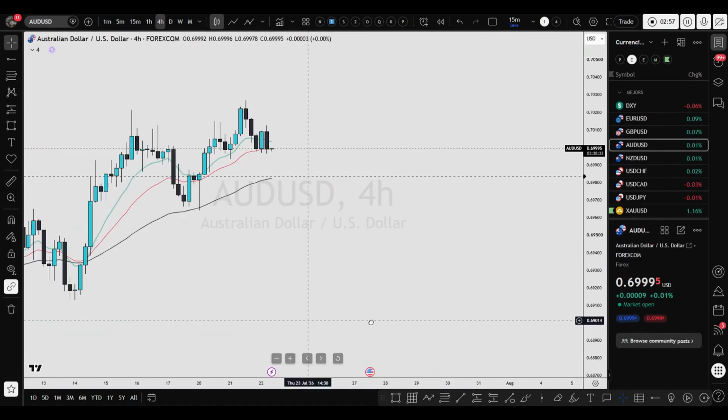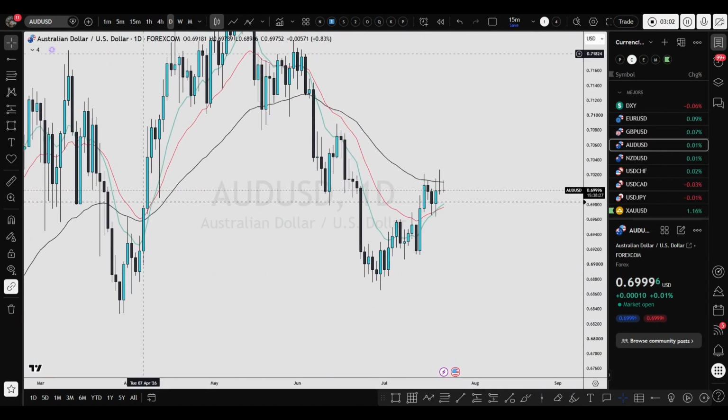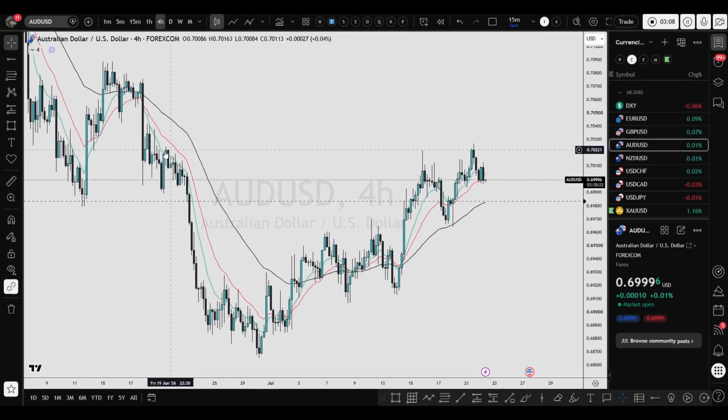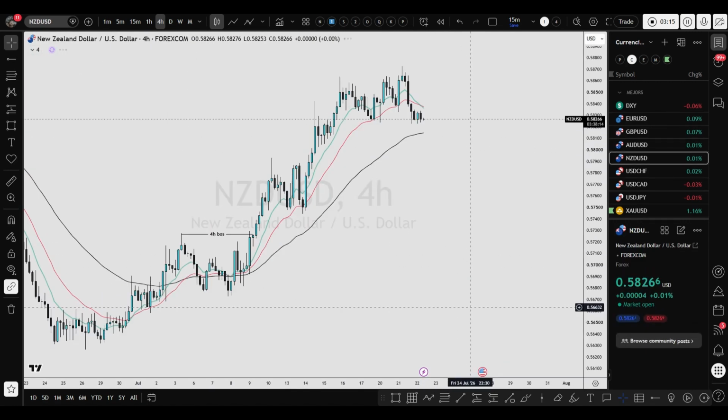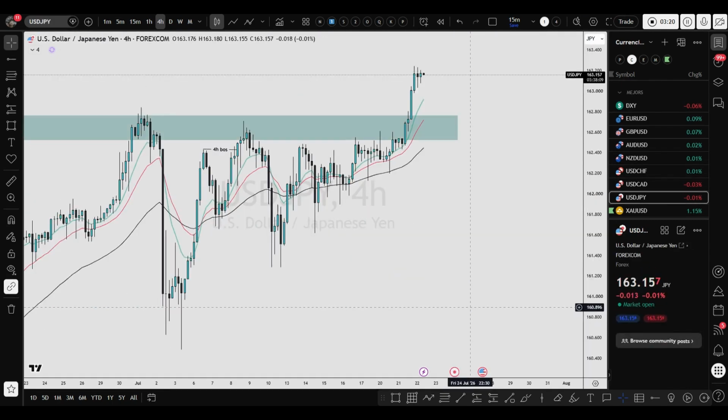There is nothing interesting in AUD/USD. The daily environment is bullish. It's possible that we're going to trade above this high. We are already clearing this high. It's possible that we're going to trade above this high too, but for now there is nothing. Let's just scan and see whether we have any trade setup which is playing out right now.